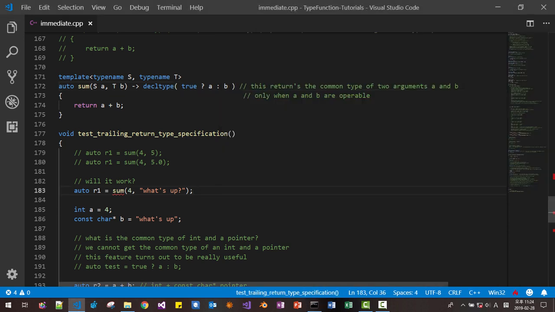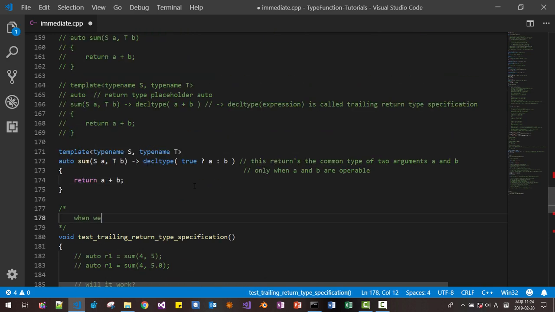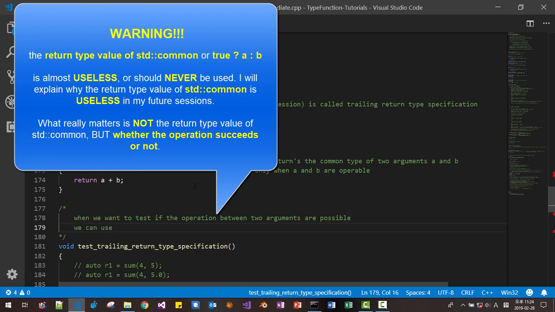Okay, so this is a really useful operation. We can make it into a type function. So when we want to test if the operation between two arguments is possible, we can use the true ? A : B expression.